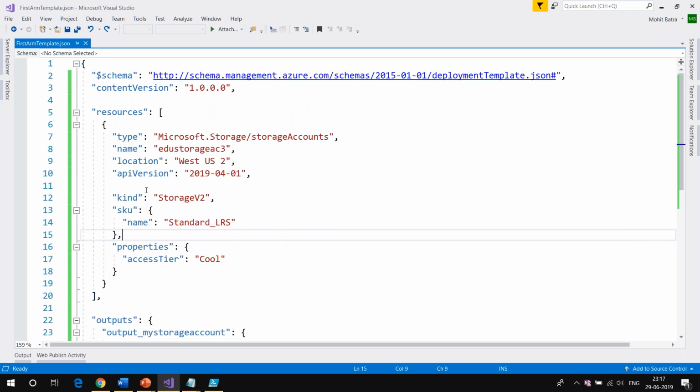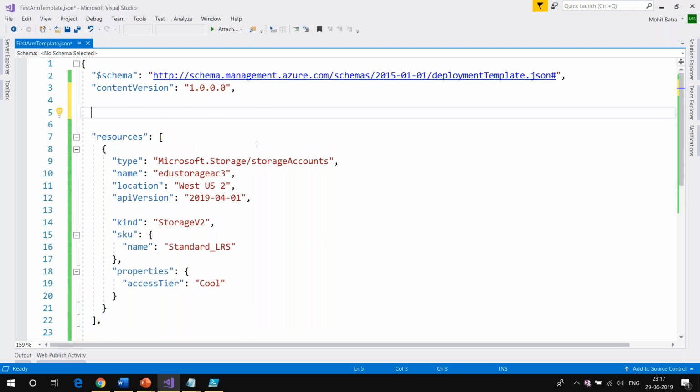Now I am going to tell you two more sections which are not mandatory, but they are very important. Initially people asked me, now you are hard coding the name here, so if I don't want to do this hard coding, what do I need to do? I need to parameterize this.